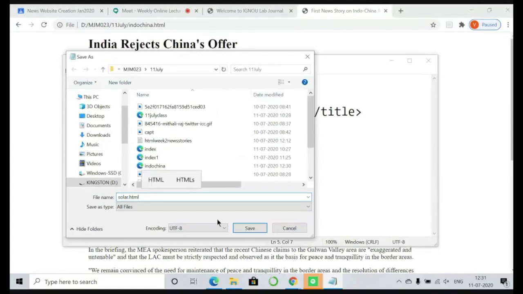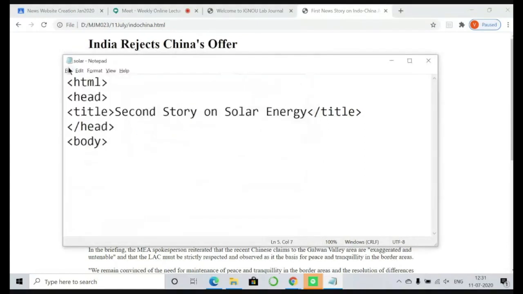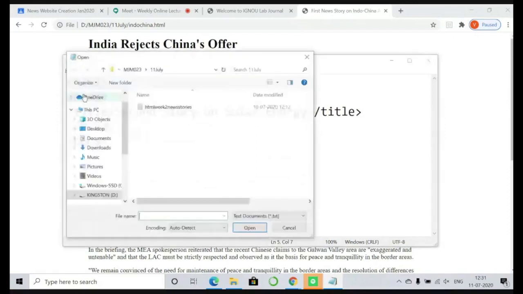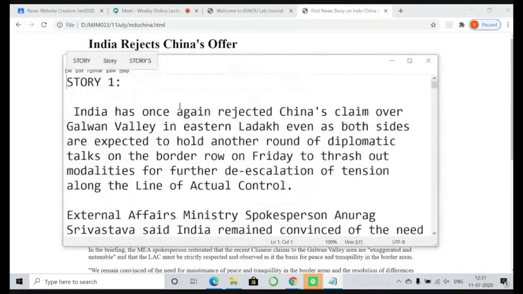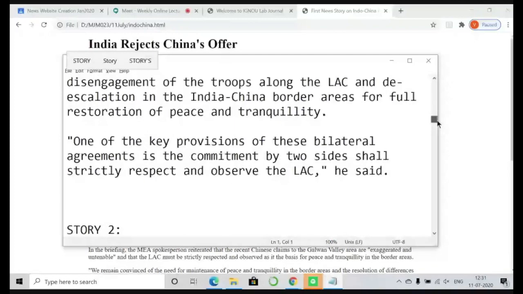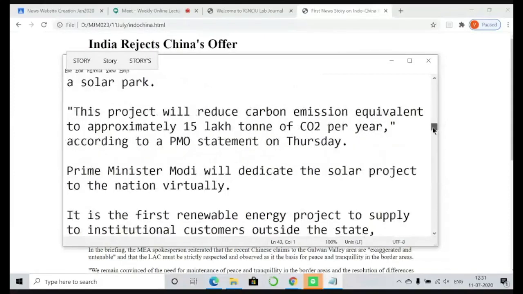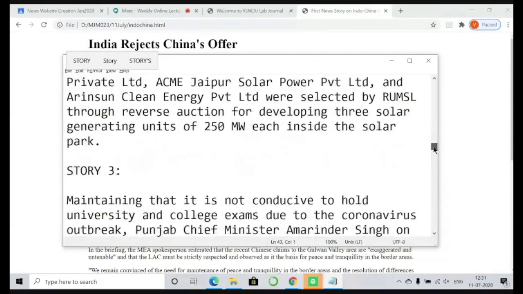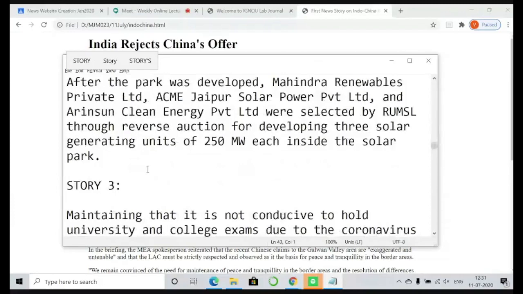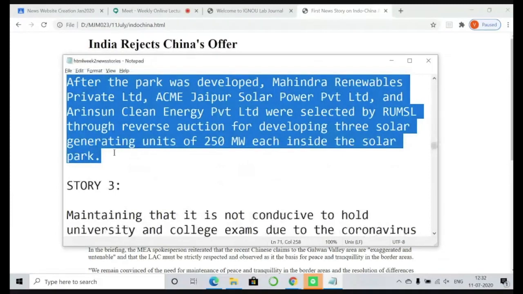So I'm creating a new page called Solar, and I'll copy the story from the text already available in the Google Classroom that you might have copied into your system. This is a solar part. This is also yesterday's development. Prime Minister opened some solar energy plant somewhere. So copy the story and then